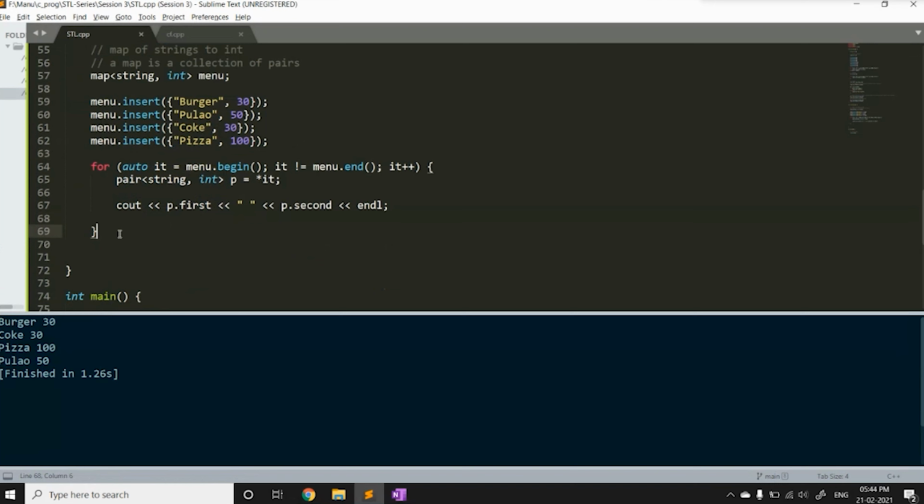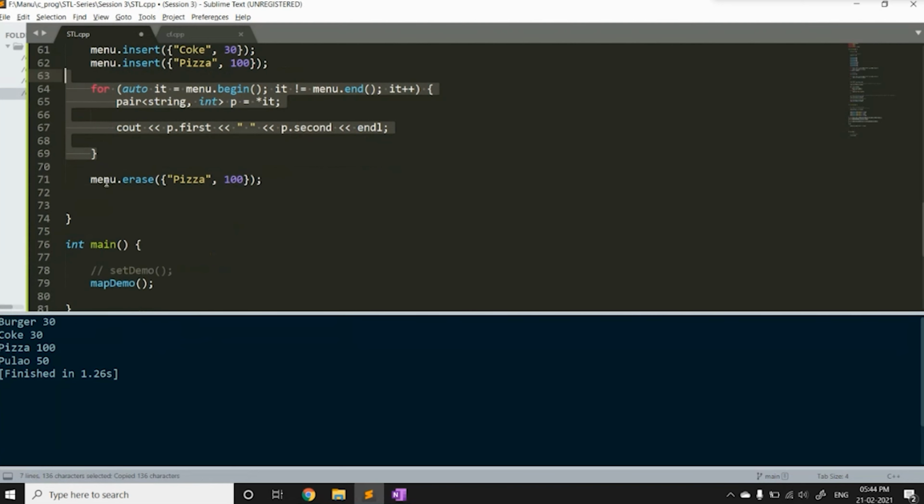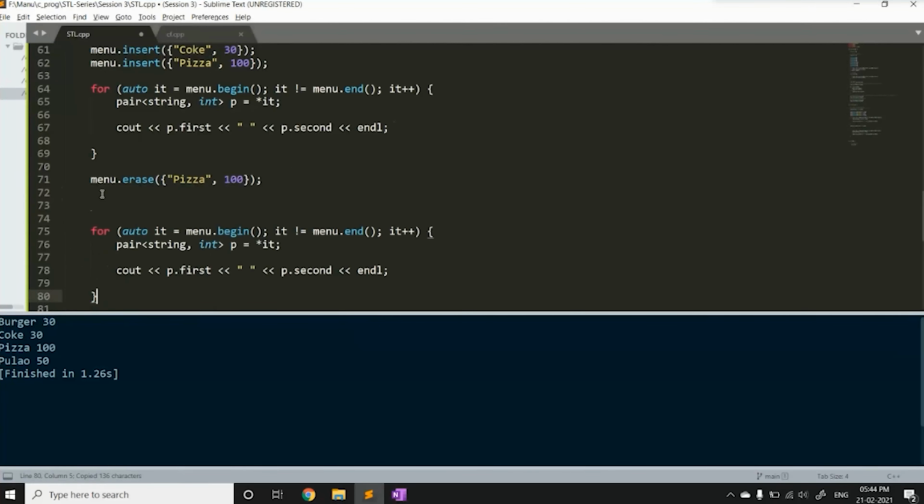Apart from this function, there is the erase function. So I can erase a particular item from a menu. So I will say menu erase. Let's say the canteen is not serving pizza anymore. So I'll say erase pizza, and let's again print the menu.